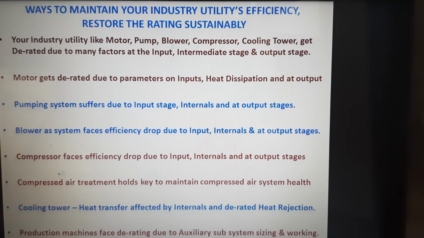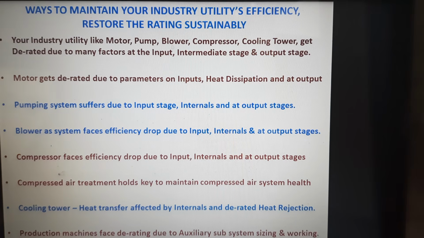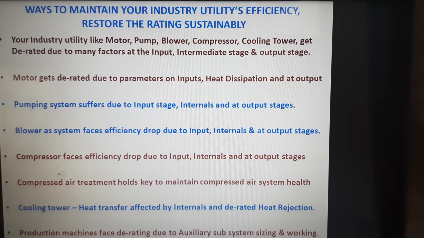Your industry utility, like motor or pump or blower or compressor or cooling tower, gets derated due to many factors at the input stage or at the intermediate stage or at the output stage. The motor gets derated due to many parameters at the inputs. I am talking about the 3-phase motors in the plant only, and the heat dissipation inside and outer skin of the motor and at the output stage of the motor, at the intermediate transmission from the motor to the machine